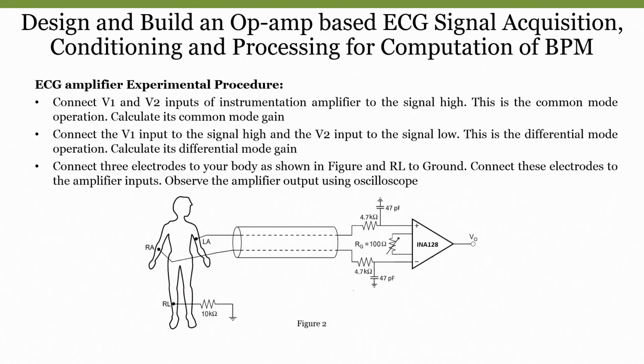So, we will go one by one. As I already discussed with you, how do I do the ECG amplification? We will take an instrumentation amplifier. In this case I am taking INA128, which is also an instrumentation amplifier. The positive terminal will be connected to one voltage source, and the negative terminal is connected to another voltage source. The difference between these two signals gives me the output voltage.